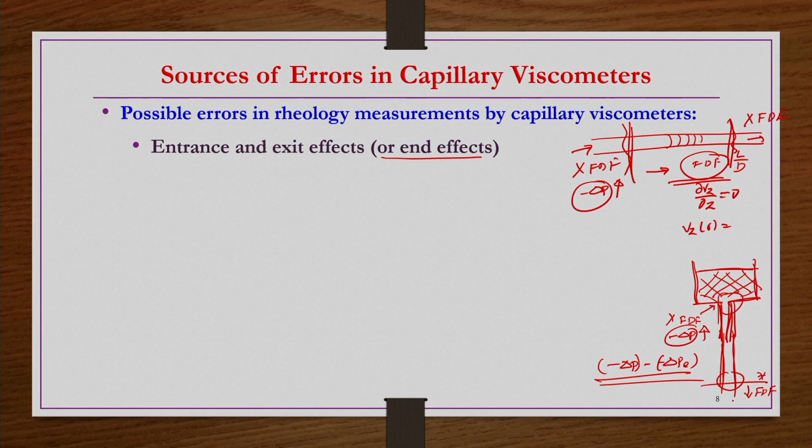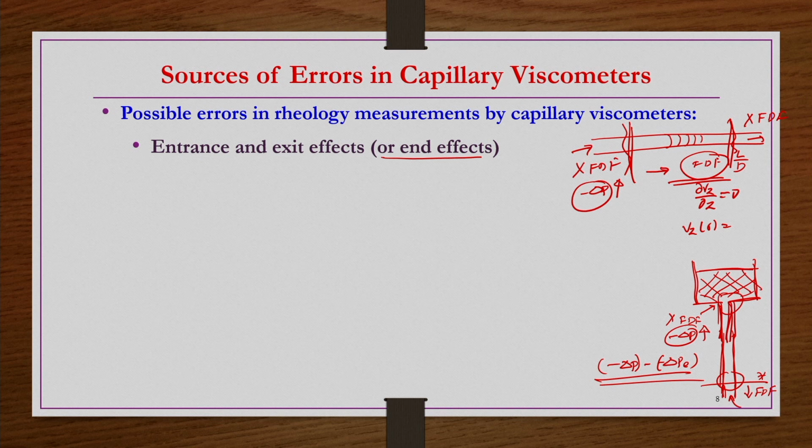That is the one. But at the exit also, the flow may not be fully developed, but that contribution of this decrease in pressure drop at the exit point is not going to have much influence on the rheology of the fluid, because it has already passed through the fully developed region mostly, right. Whereas the entry point has not yet entered the fully developed region. So, that is the reason it is more effective. Entry point pressure effects, or increased pressure drop, is going to have more influence on this end effects.